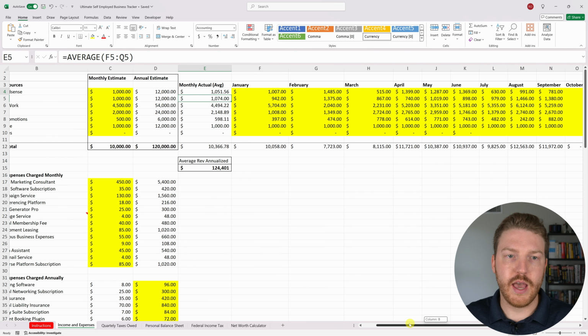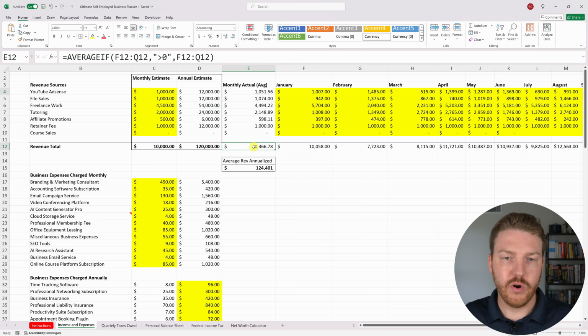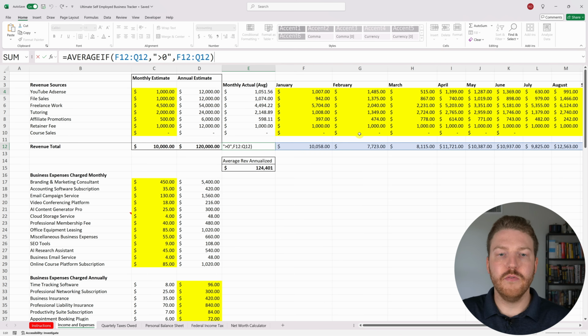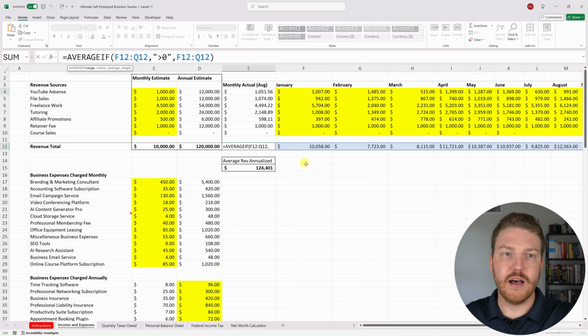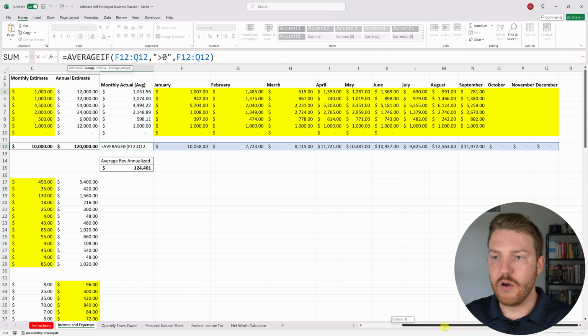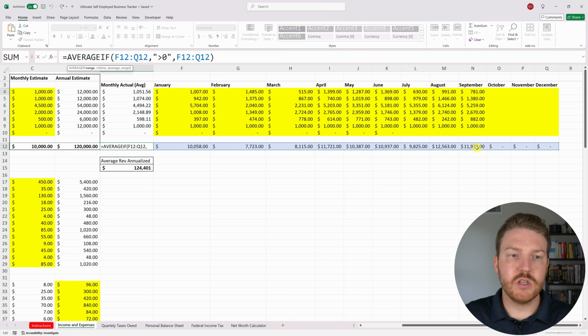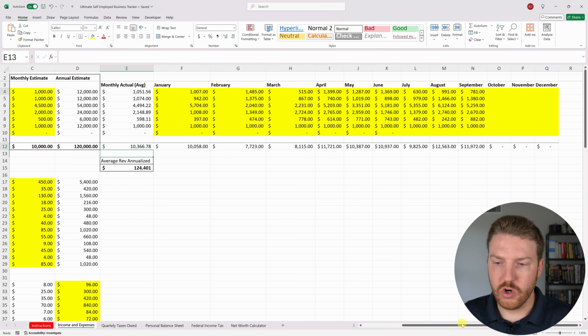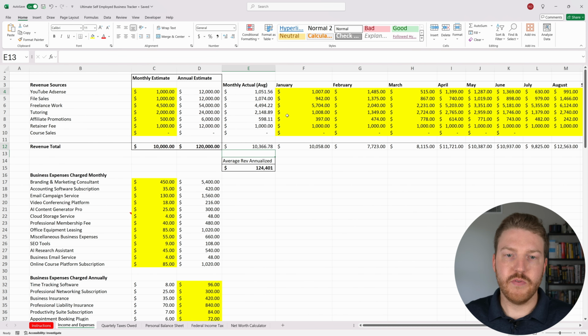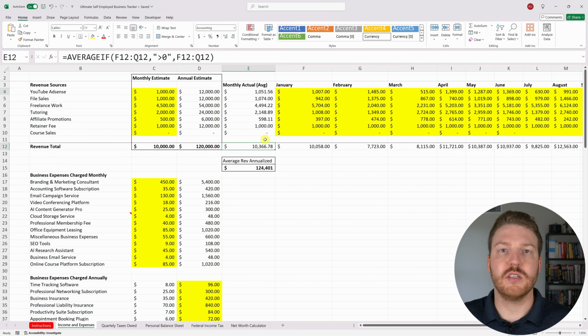So then once we have our average for every single category, we can sum up all of those averages. And I'm using a formula that is average if the value is greater than 0, so that we don't include these months that haven't happened yet in the estimate. So now, by only including the months that have already occurred, we can find out that we've actually made $10,366